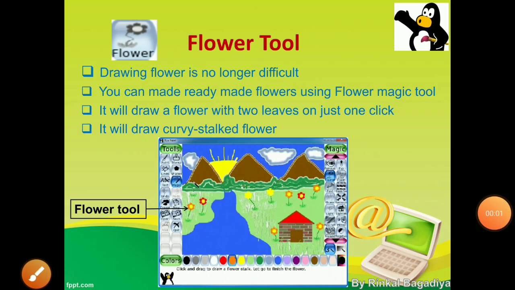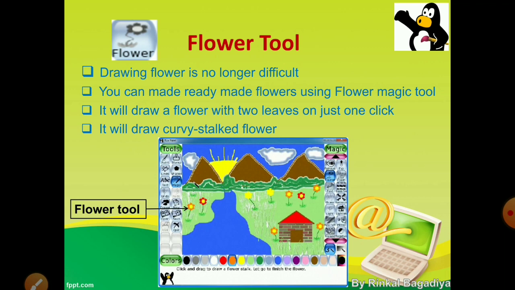Now children, our next tool is the flower tool. It is a very interesting tool because using the flower tool we can make ready-made flowers on our drawing. The flower tool is not difficult, very easy. You can make ready-made flowers using the flower magic tool.